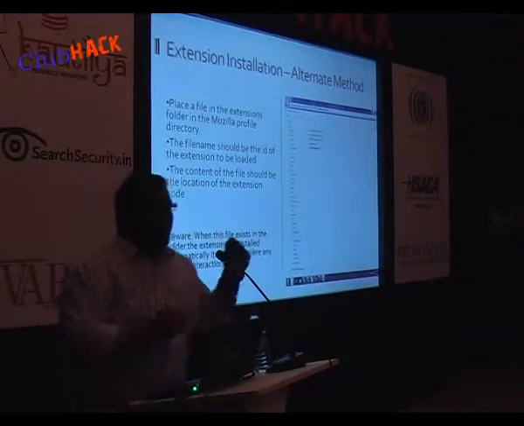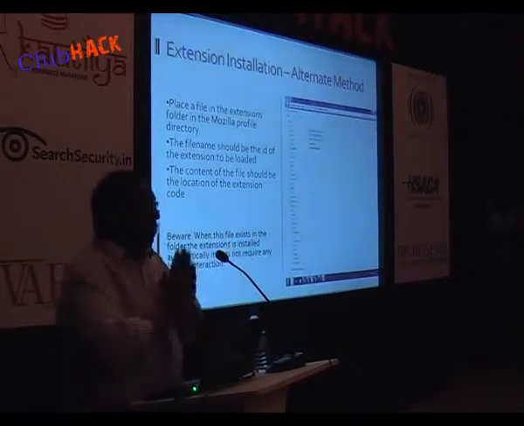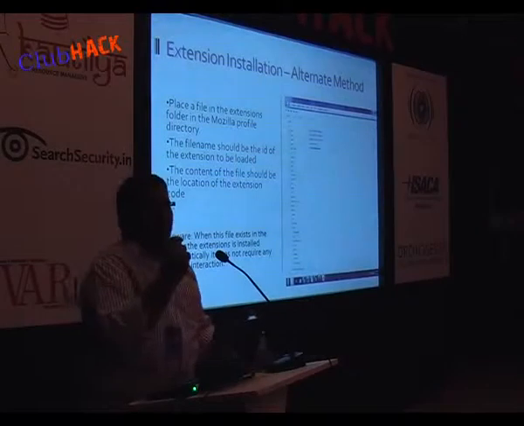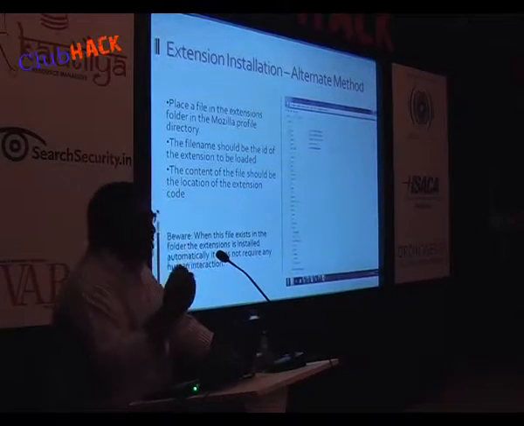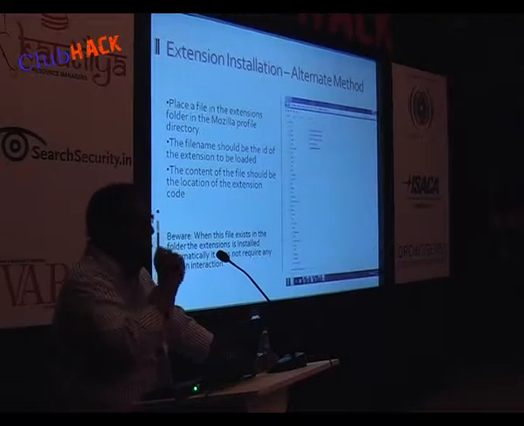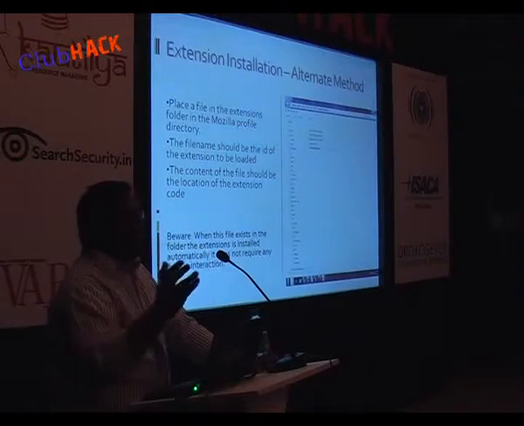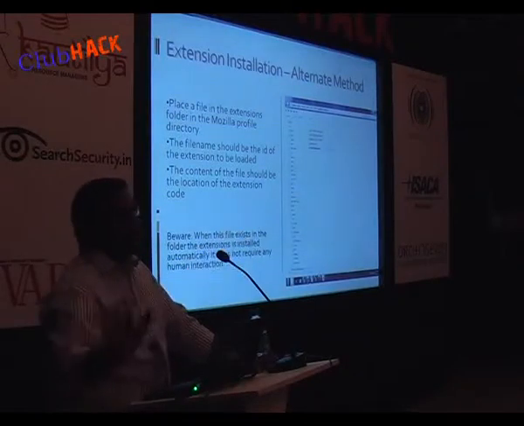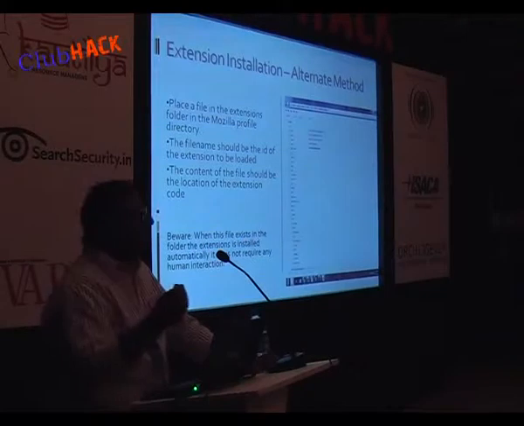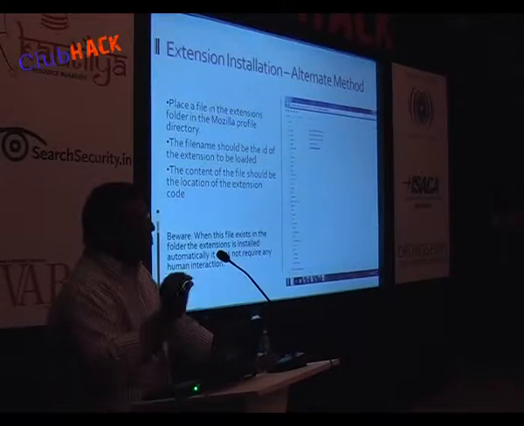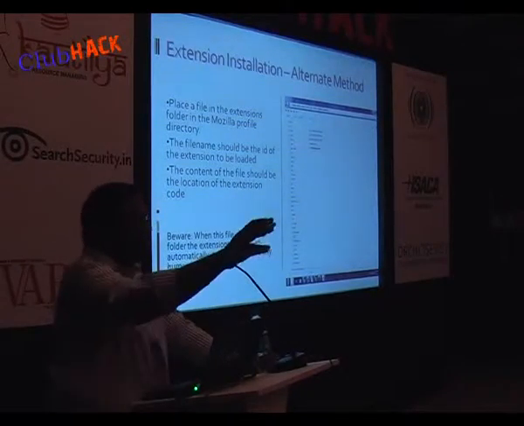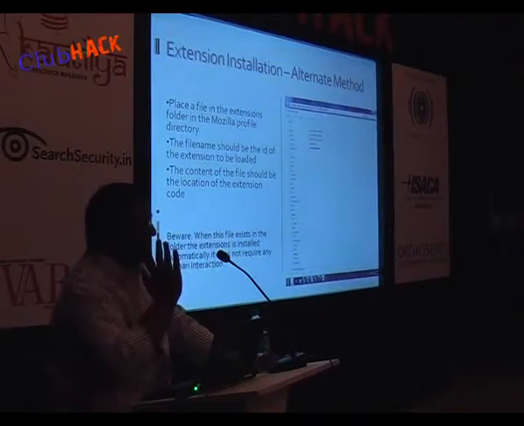You could bring a USB stick with a text file, and I will be showing you one of these when we were doing these tests. We found a peculiar problem. If you put your extensions in a network file like 10.0.0.1 and give it a path, Firefox will not install it. Firefox will say you cannot connect to a network drive. But what we did was we mapped it and called it Z drive. The minute we put Z drive, Firefox went to a remote location, picked up the file and installed it.